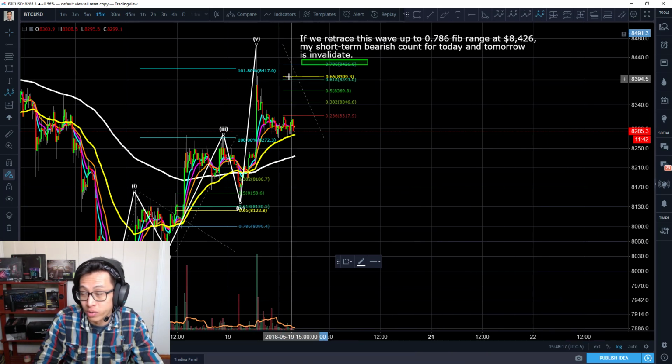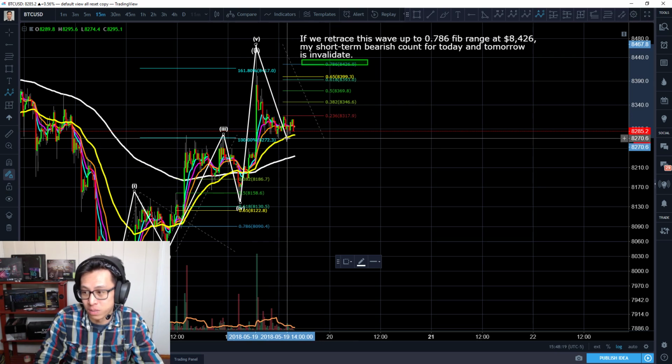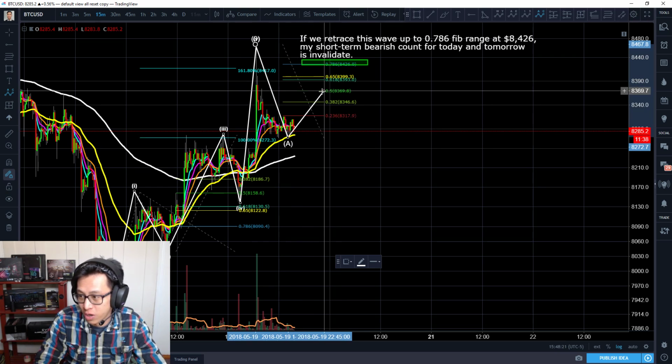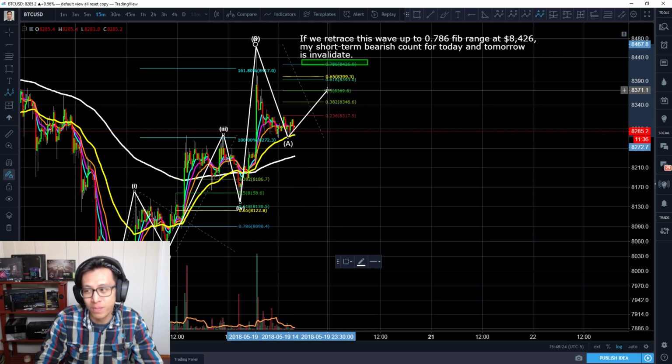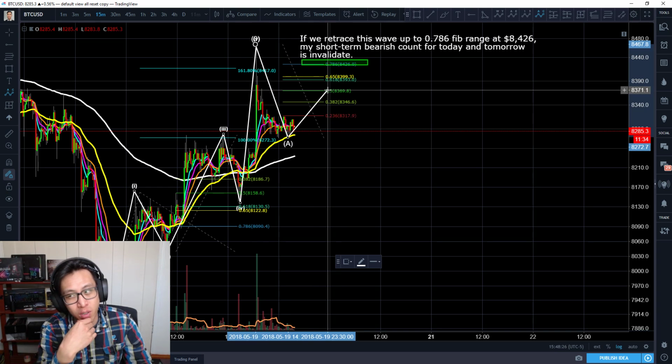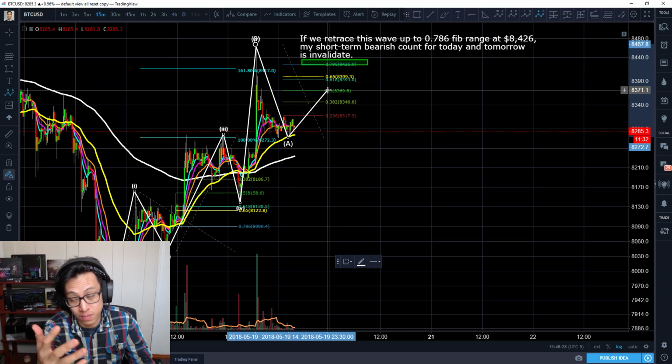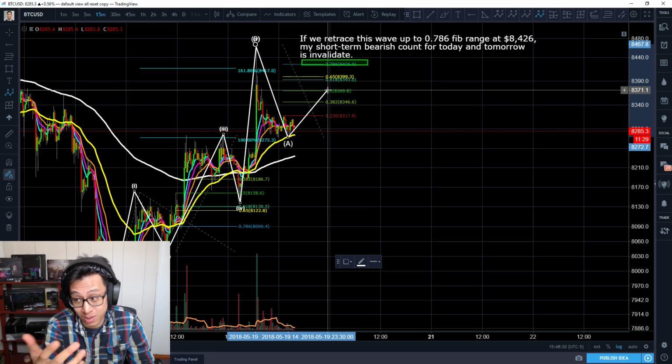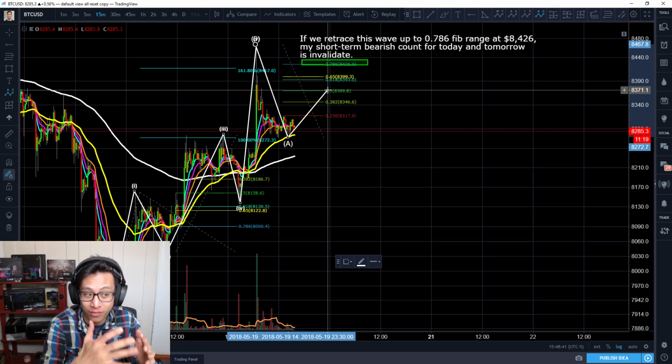My bearish count is unfortunately so pessimistic, guys. I am such a negative trader when you think about it. It's like, why would people assume it's going to go to 618? I'm just pessimistic, guys. Like I'm guessing it's going to go 3.2-ish, okay? Because you have to remember that trading will mold your personality, right? When it molds your personality, you find out who you are as a trader very quickly.